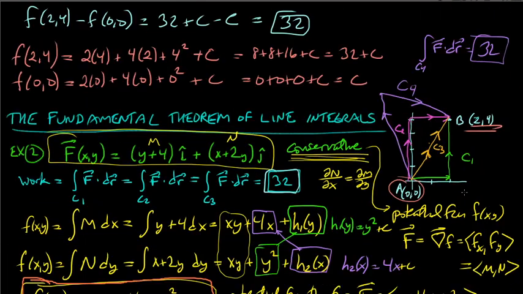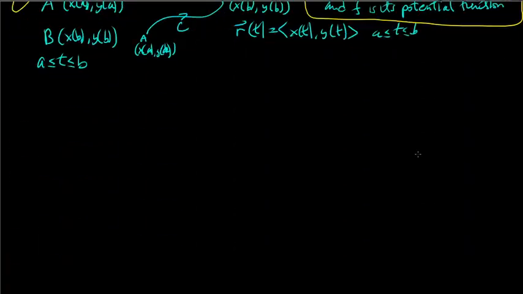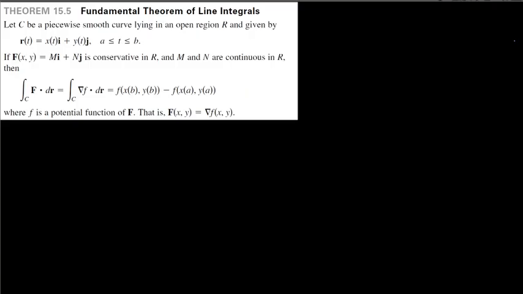Okay, so that's it. That's the fundamental theorem of line integrals, and maybe now I can make that official. So here's the official statement from our textbook. It's a theorem, fundamental theorem of line integrals. So C is a piecewise smooth curve. It doesn't have to be one continuous curve here. It can be, say, two pieces. So this will be C2, C1. Again, same point A, from point A to point B. Yep. So either way, either curve, C1 or C2,